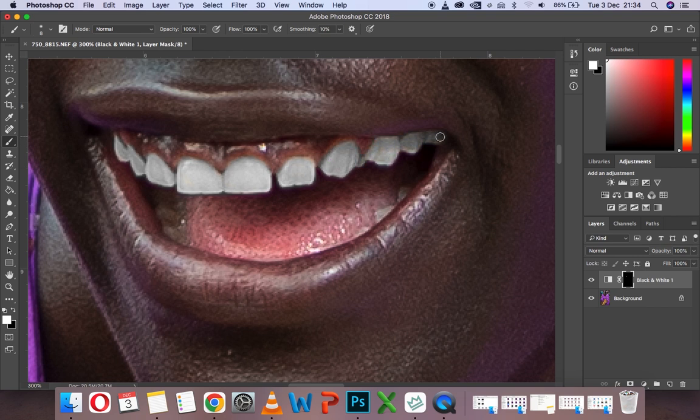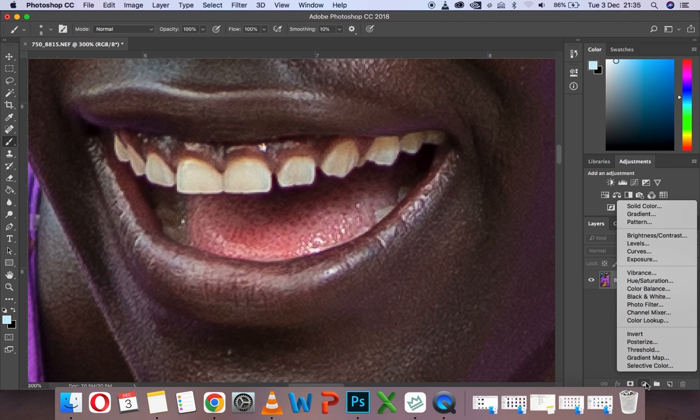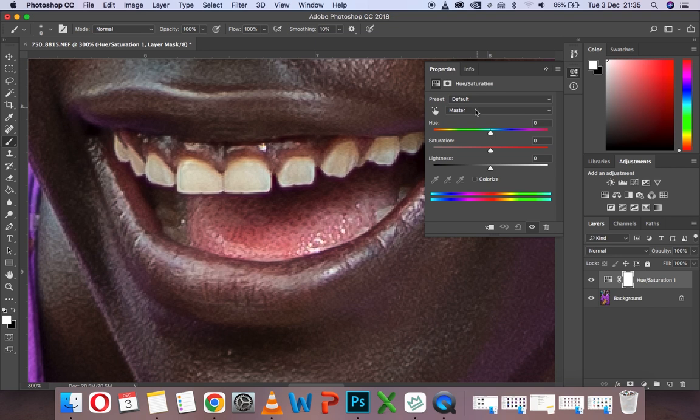So moving on to our last method, we're going to use the hue and saturation. So simply click here, go to hue and saturation. Now to give you this menu, now change this option from master to yellows. So you'll find that in most of our images, the eyes and the teeth sometimes have a yellowish color, and it's what we want to change. So turn down the saturation to -100 and increase the lightness,